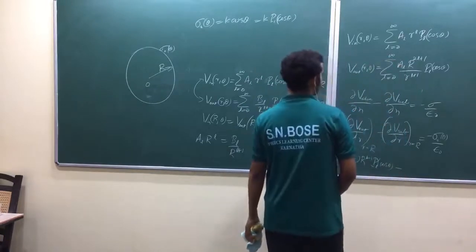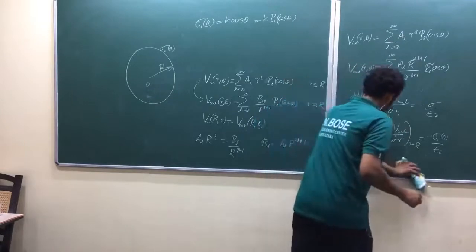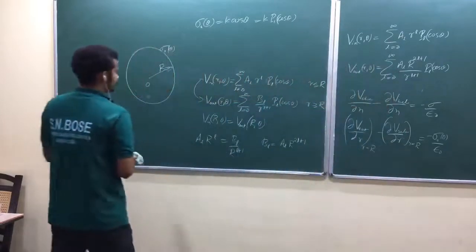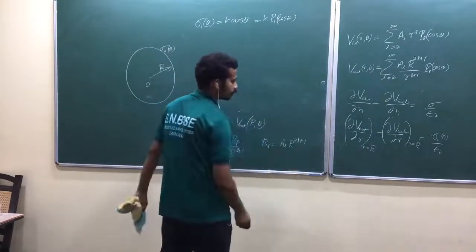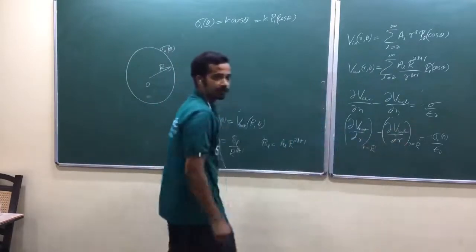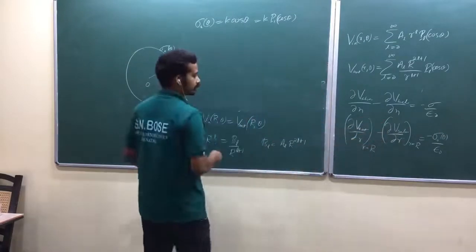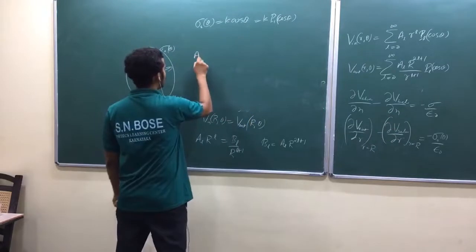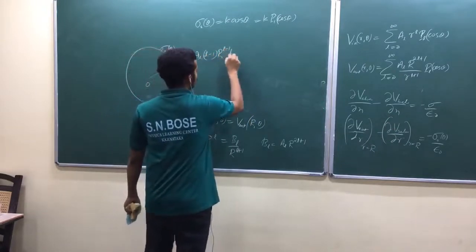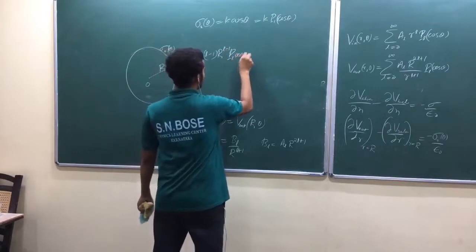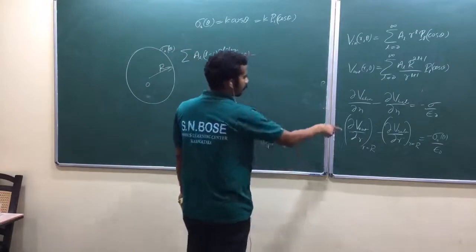No, wait. Let me take this one first so that I can cancel out the negative sign here. I'll take this one first, then this one. I can cancel out the negative sign. What is this one? Again, A_L L r to the power L minus 1. Do it yourself. Cos theta, summation, minus this derivative.